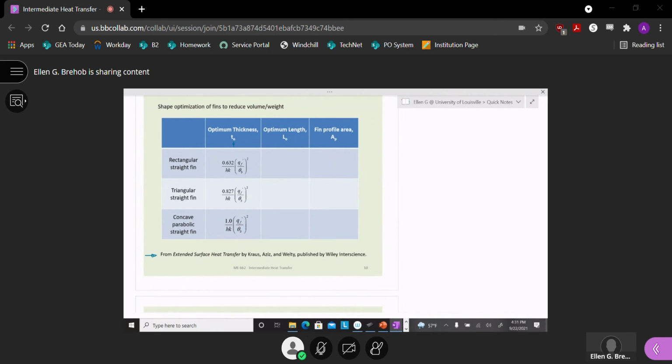Okay, and I keep thinking I'm going to finish this off, but I didn't put this in. So they've already developed that. Okay, so we're just using that result. And then for the length, for the rectangular,